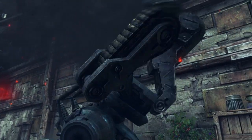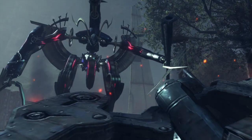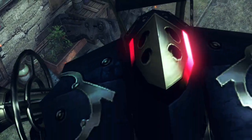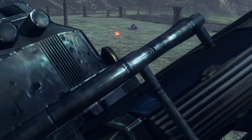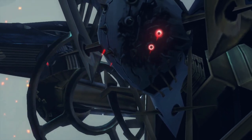I think the last stretch kicks off right when the choir comes in fully as Metalface slowly approaches the mobile artillery's remains and we get this imposing high-angle shot to illustrate Fiora's weakness in the moment. And in the distance, we see the same of Shulk hoping for something, just anything to intervene. The choir builds up as Metalface prepares his claws, and then...